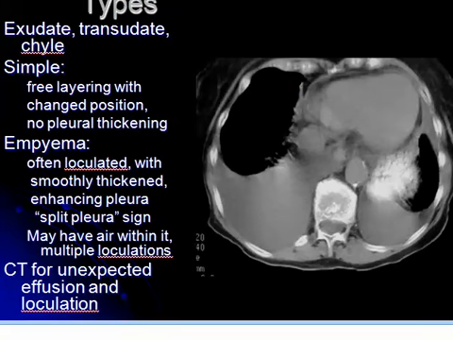Types of pleural effusion include exudate, transudate, and chyle. May be simple or empyema. So we have the content: exudate, transudate, and chyle,